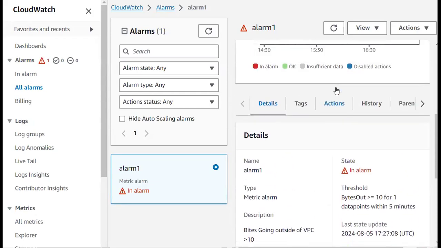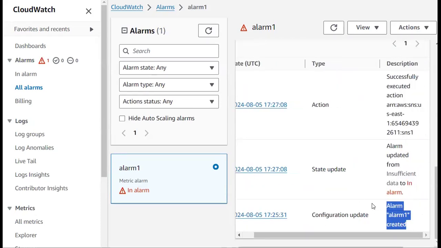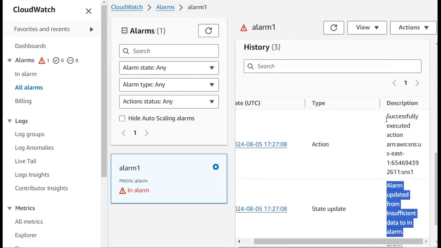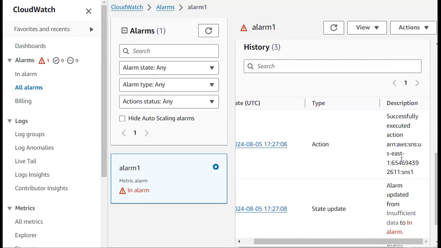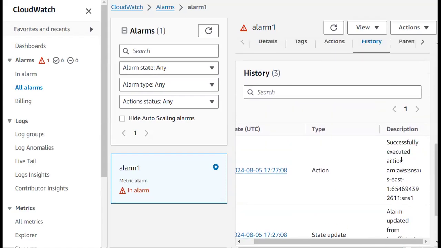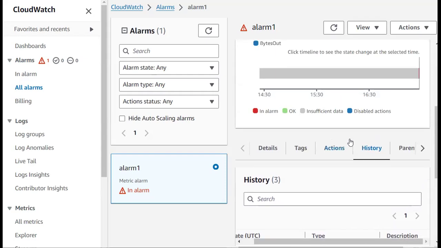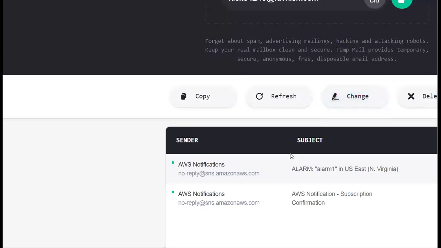Now, if you open the history, previously it was in the alarm created state. Now it has reached the in alarm state, and you can see one more message: successfully executed action, that is, the SNS topic is published. You can verify this. You can even get the alarm in the mail that you provided. You can see,